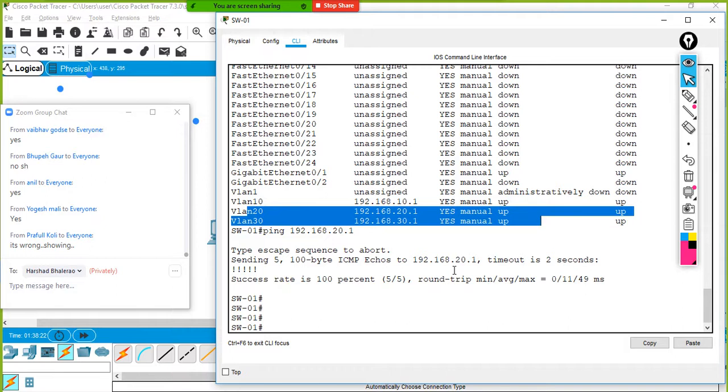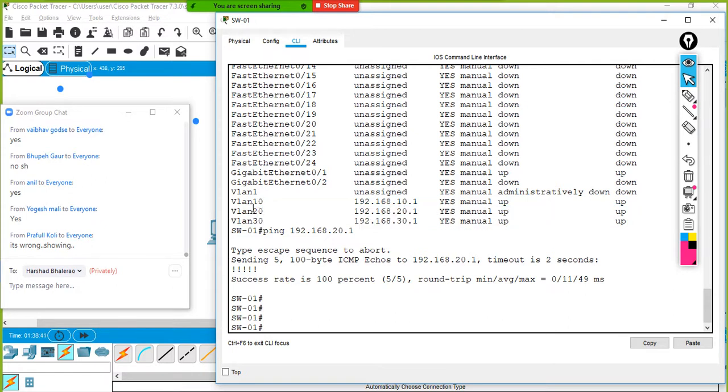It's wrong showing. Oh, you know this, Praful? Yeah, guys. In case there are no active ports in that VLAN, automatically the interface is going to become down, guys. Keep remembering that. Yeah, Praful knows the answer. Everybody is clear. In real time, whenever there are no active ports in that VLAN, then automatically that virtual interface is going to be down. Keep remembering that. Okay. Whenever there are active ports,